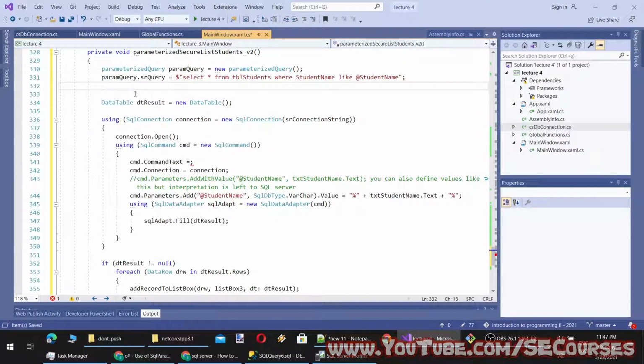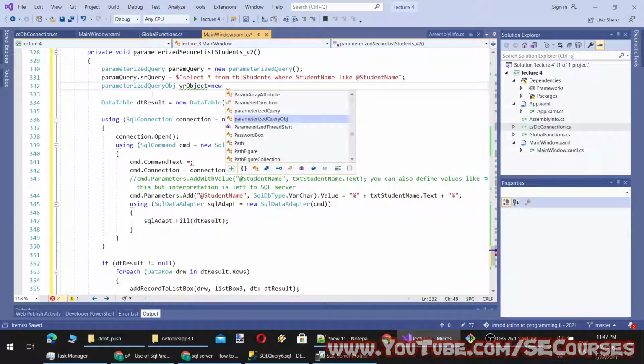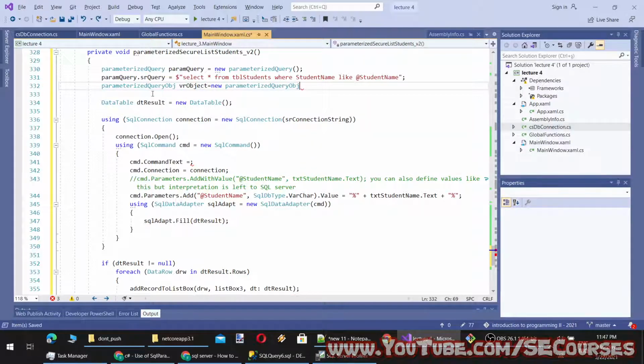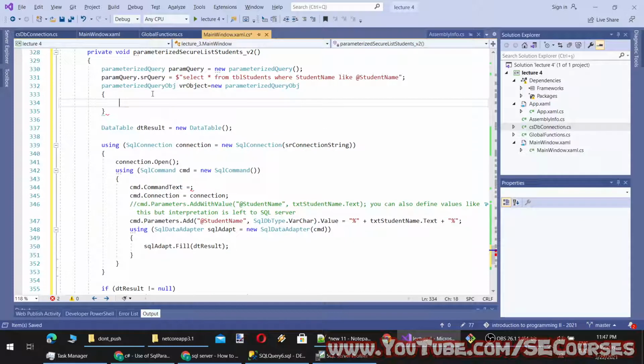And now let's compose the parameterized query object, our object equal to new parameterized query object, and here we can define them like this. The first will be parameter name equal to this one.